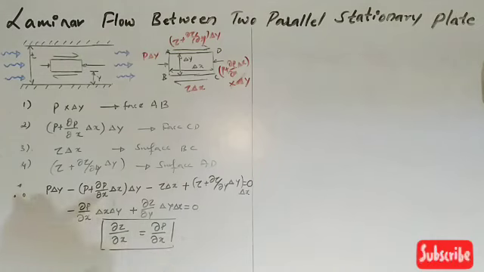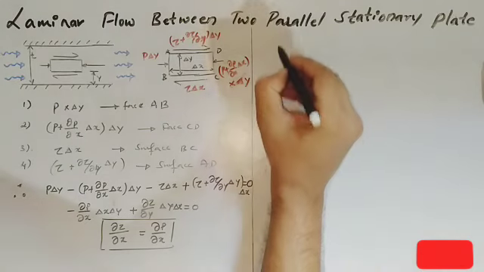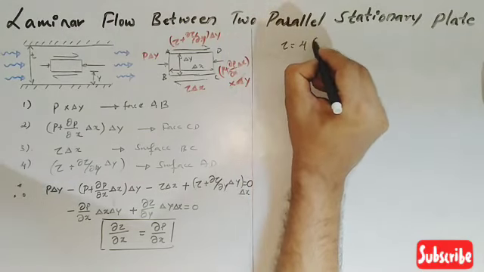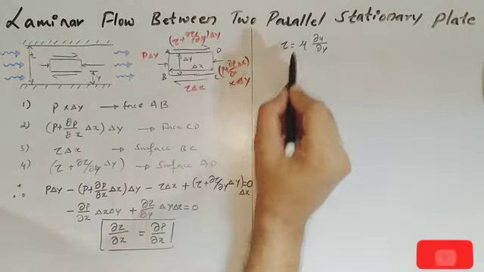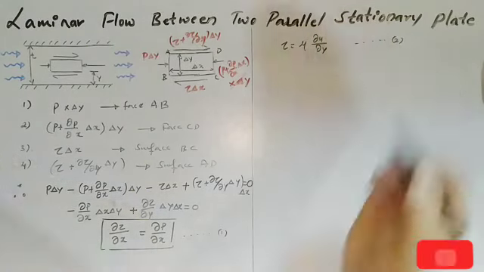Now this is an equation of the form ∂τ/∂x equals ∂p/∂x, because it is in terms of pressure. So we'll move on to the next step. Now the velocity distribution. The velocity distribution across a section is obtained by substituting the shear stress, that is Newton's law: shear stress τ is equal to μ ∂u/∂y, in the y direction. Now let us substitute this τ value in this equation. Let us consider this as equation 1 and this as equation 2.